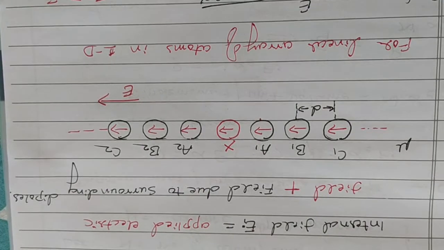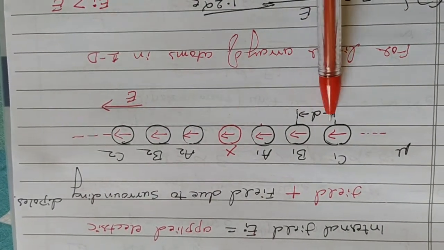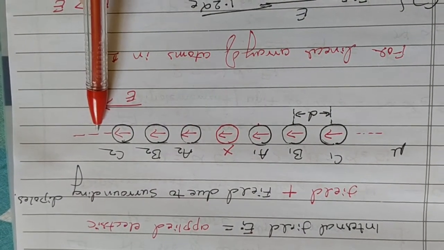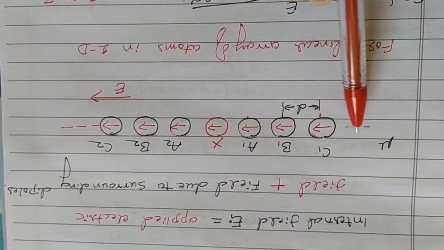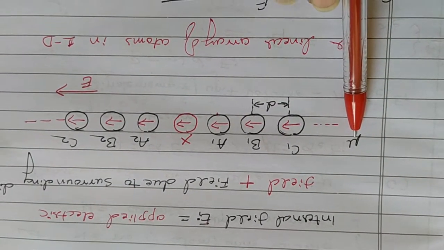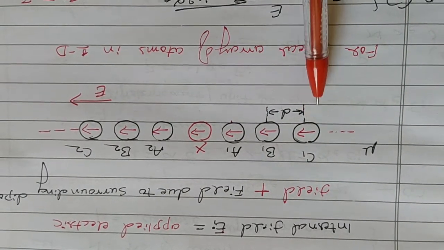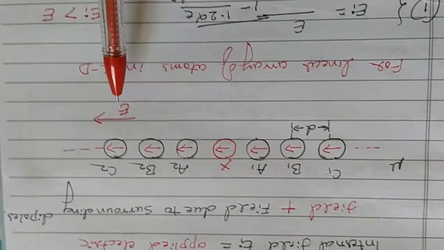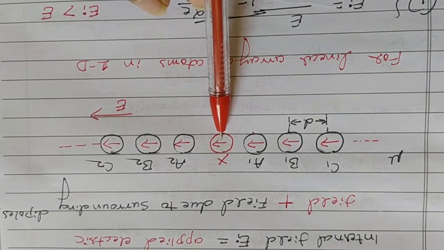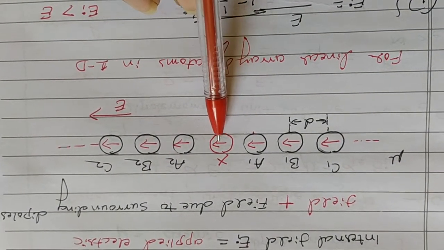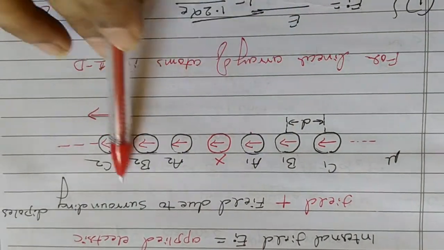Now, in the case of a one-dimensional array of atoms, consider a one-dimensional array of atoms of dielectric material which has undergone dielectric polarization. Each atom possesses electric dipole moment mu. The distance between two atoms is d, and the applied electric field is E. Now we can calculate the electric field that is acting on atom X due to surrounding dipoles.